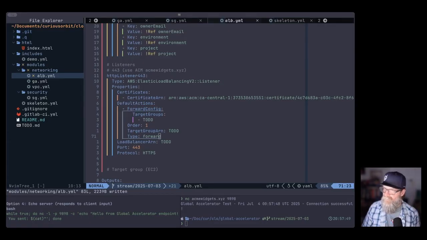Where did that config go now? Listener. Default action. Forward config. Okay, so